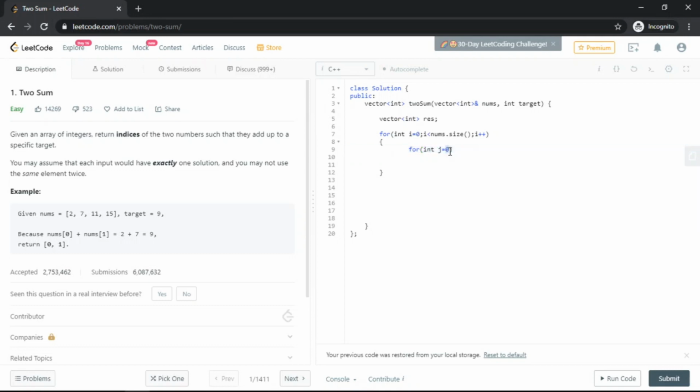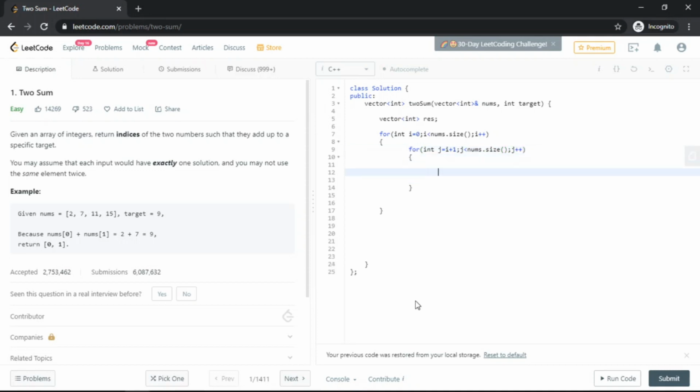Let's not start it at 0, because as you can see, the problem description says that you may not use the same element twice. So we'll start from the next element, that is i plus 1, while j is less than nums dot size, going to the last element, then j plus plus.